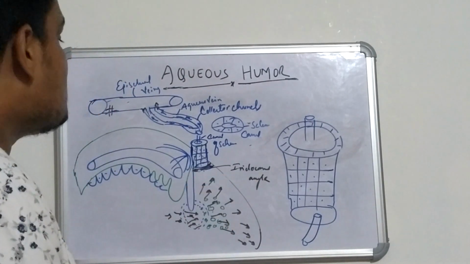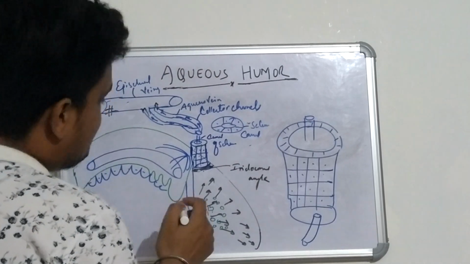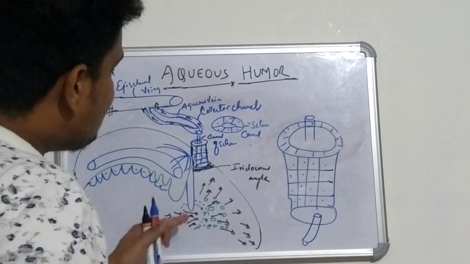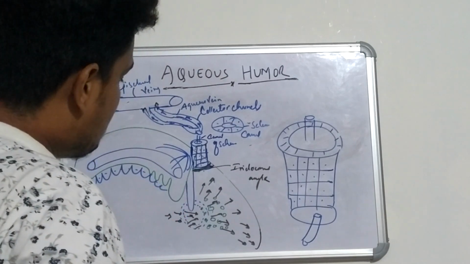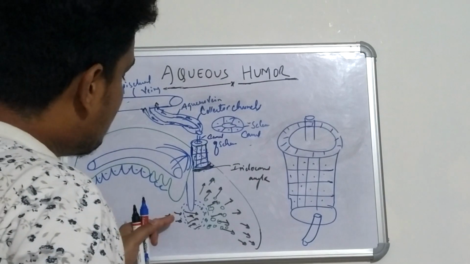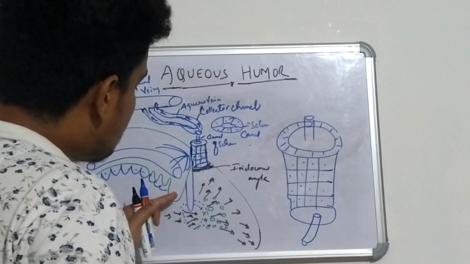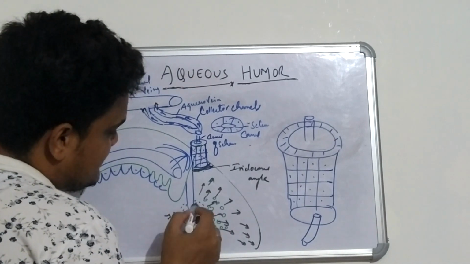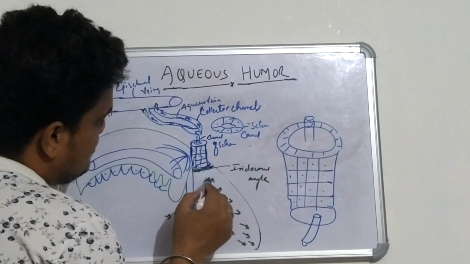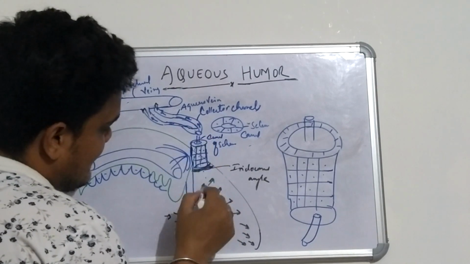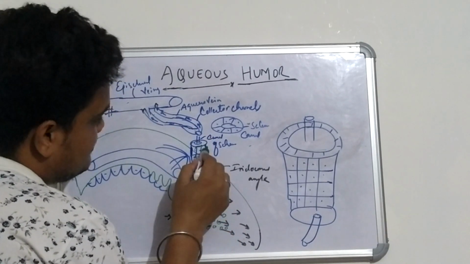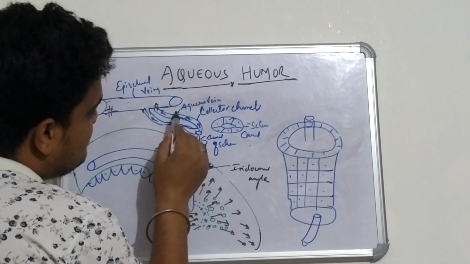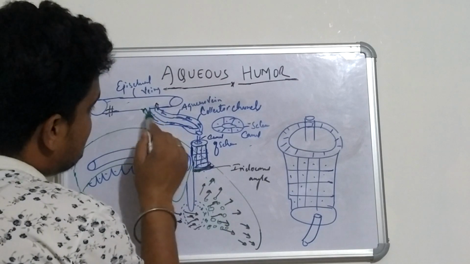So nature has given a very wonderful mechanism here. We need to understand the first and foremost thing, the conventional pathway. What is the conventional pathway? That means this is the area and this is the pathway where the aqueous humor will strike the iridocorneal angle, the canal of Schlemm, trabecular meshwork, then it goes to the collector channels, then aqueous veins, then episcleral vein.